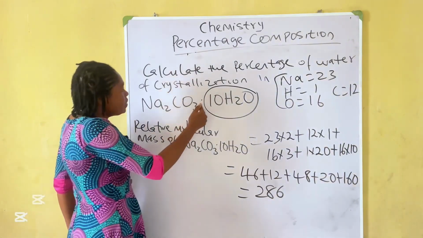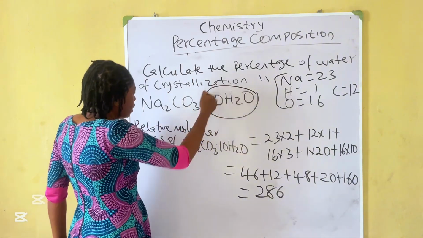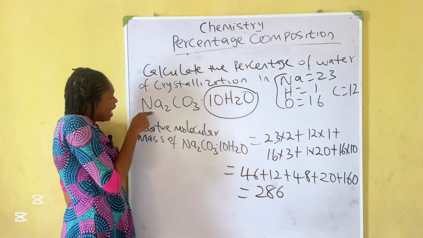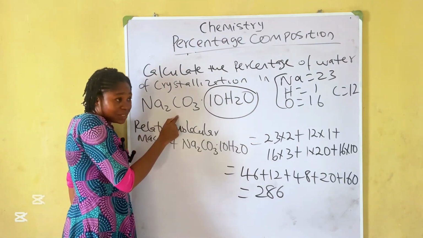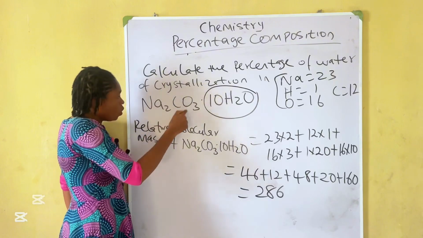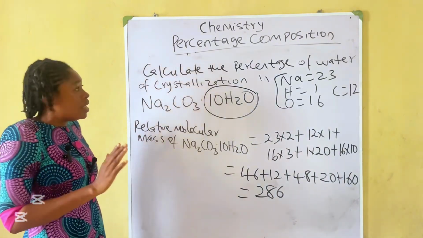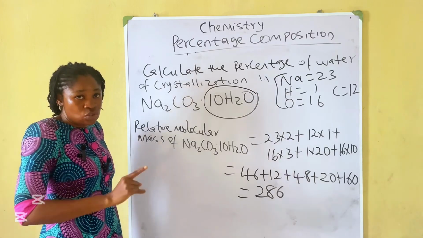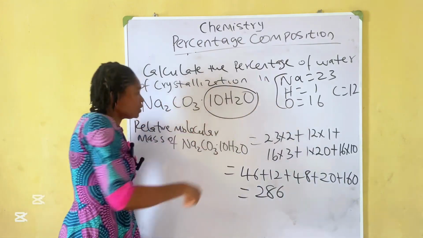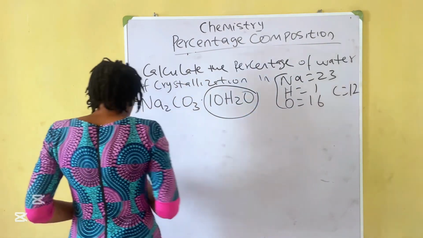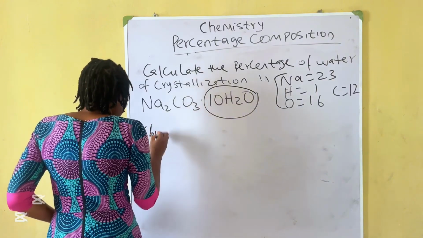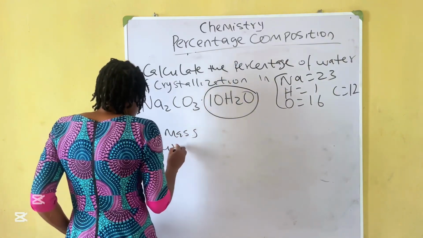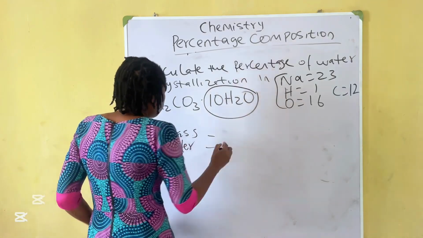So the second step is to calculate the percentage of water of crystallization. In the first one I did, we calculated for each of the elements present: sodium, carbon, oxygen. But this question in particular is centered on the percentage of water of crystallization, so that's the only one I'm going to look at. So percentage by mass of water of crystallization is equal to